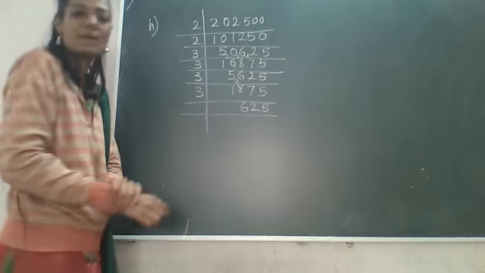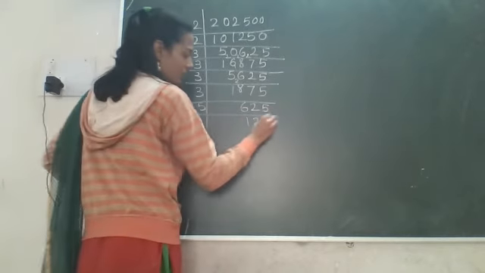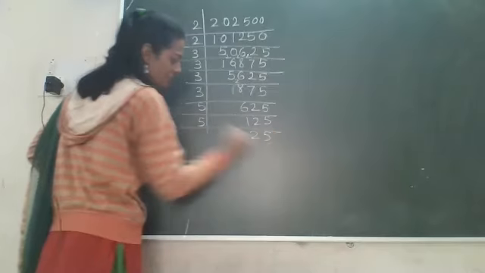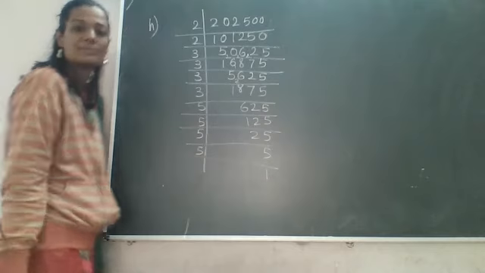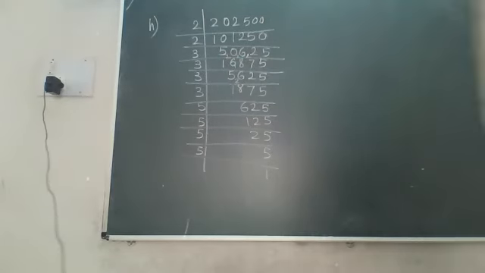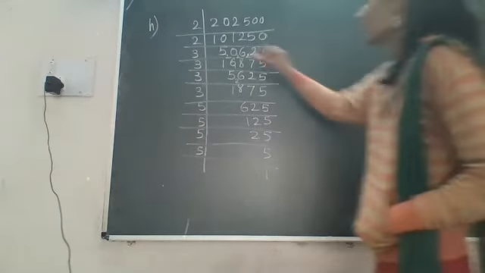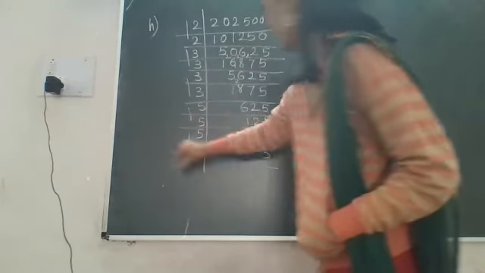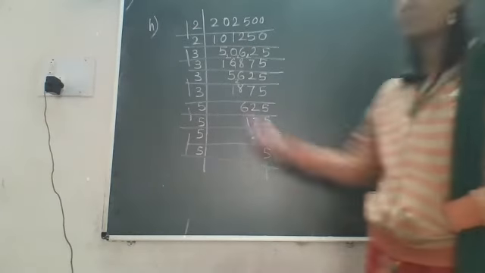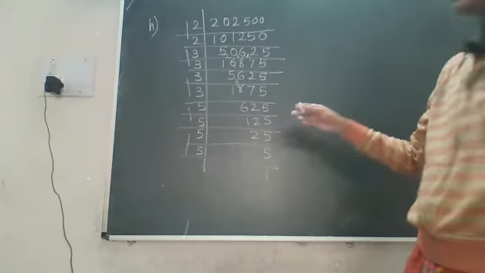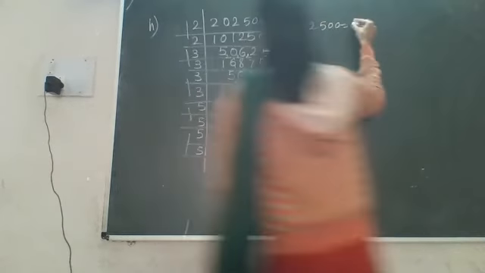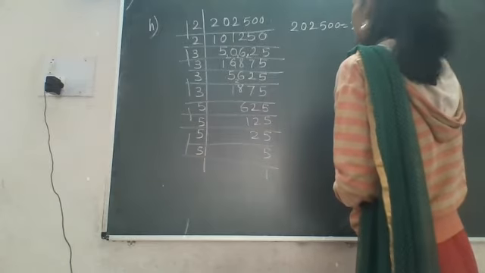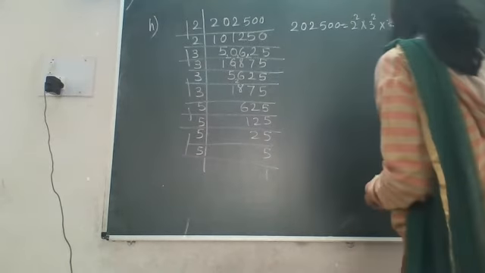Now it is divisible by 5, it is a 25 square. So 5 125s are, 5 25s are 125, 5 5s are and 5 1s are. Right? Like this way we have completed the factorization of 2,02,500. Okay? So now we will make pairs 1, 2, 3, 4 and 5 pairs are coming. Here everywhere we are getting the 2 pairs, so it is the right answer. 2,02,500 is equal to, we can write 2 square into 3 square into 3 square into 5 square into 5 square.